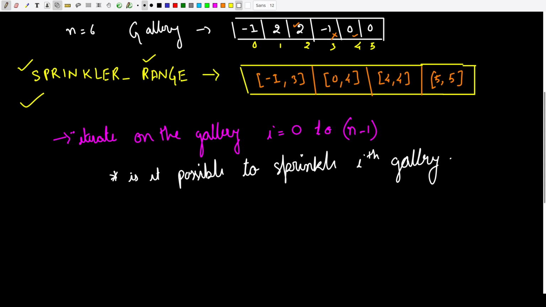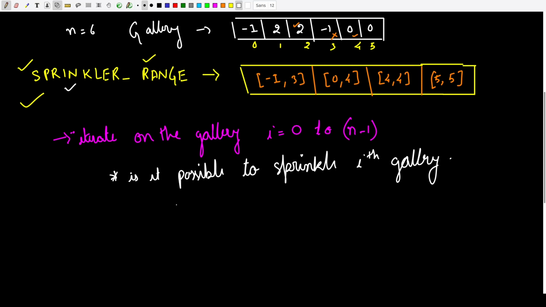Is it possible for me to sprinkle the ith gallery or not? The way we are going to find it out is we will look into our sprinkler range array and check whether the ith gallery can be sprinkled using the sprinklers we have attached. And the way we do this is we say we will be able to sprinkle it if